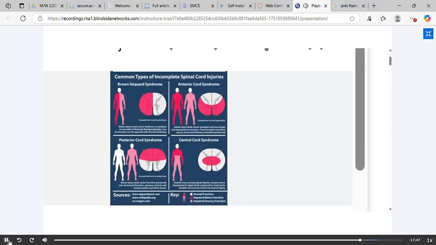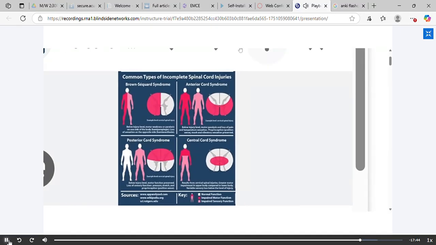It's going to be kind of hard to see. Let me get that bigger. There we go. So your Brown-Séquard syndrome, if I'm saying that correctly, is a hemitransection. And remember, hemi means side. So it's a hemitransection of the cord. That means that there's some kind of penetrating injury that came in from the side. Anything below the level of the injury, you're going to have motor weakness or paralysis. So movement weakness or paralysis on the affected side,